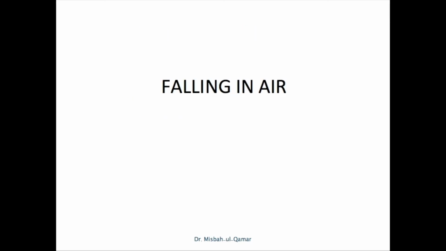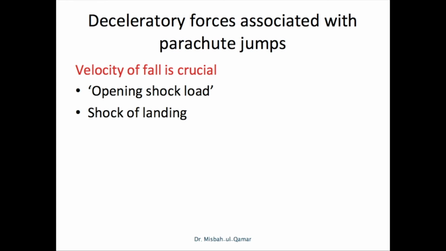Now let's focus on the deceleratory forces, especially the ones associated with parachute jumps. You see a parachute aviator, when he leaves the airplane, his velocity of fall is at first exactly 0 feet per second. It gradually increases to 32 feet per second, 64 feet per second, and at 12 seconds, 110 miles per hour,